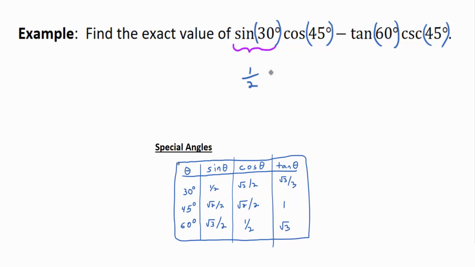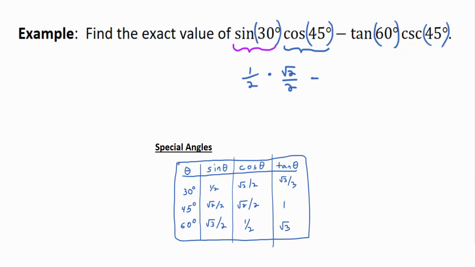What about the cosine of 45? So this guy, this whole thing, cosine of 45, is root 2 over 2. So you can replace or substitute radical 2 over 2 in for cosine of 45 degrees. Tangent of 60. So what usually happens is students get in their head, oh, I know it's either root 3